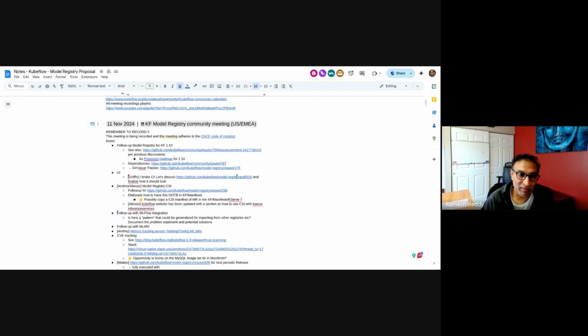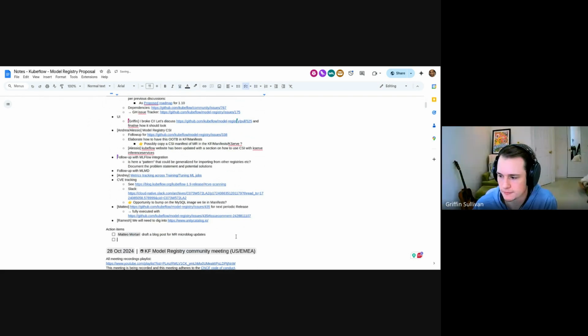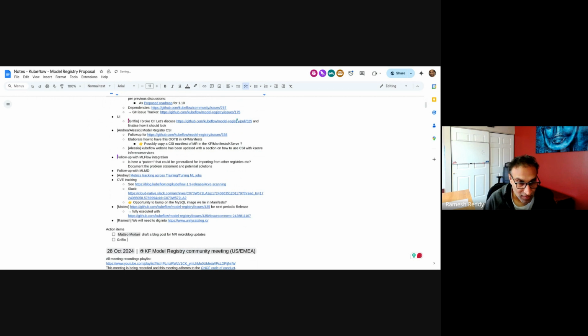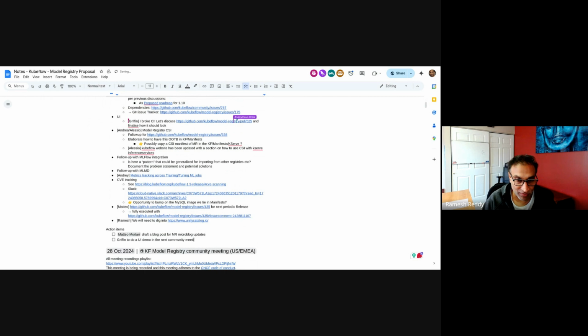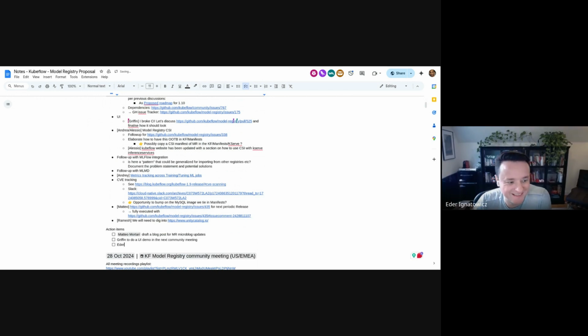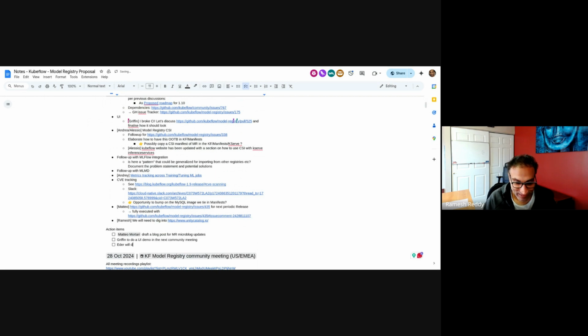That's probably the key integration, right? So okay, we'll capture that into an action item for the next time. Yeah, sure. Griffin to do a UI demo in the next meeting. Yeah, and we are going to talk about the roadmap as well, Ramesh. I will add another one for your name. Okay, is that good? Yep. Probably not me, but yeah, we can fabricate that. Eder will do a roadmap for UI towards